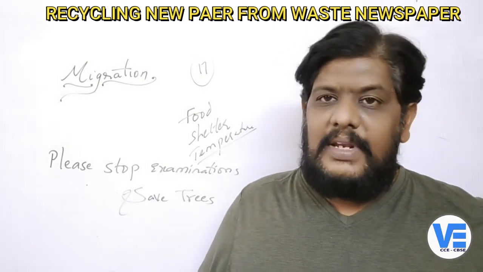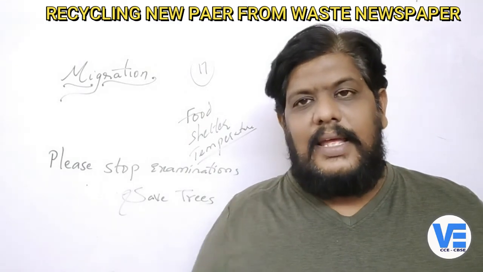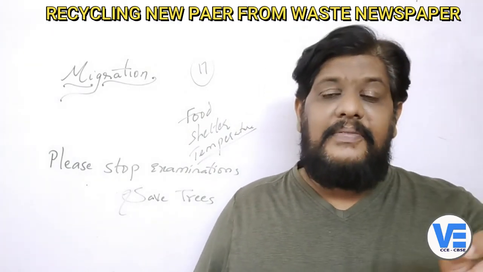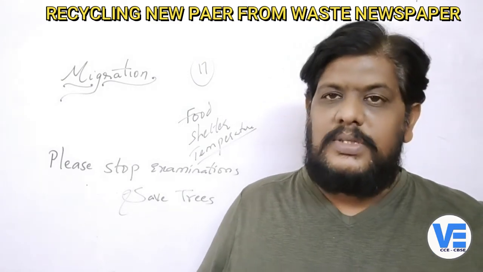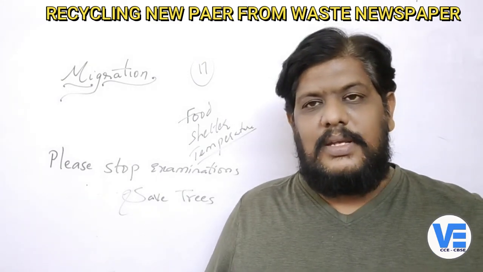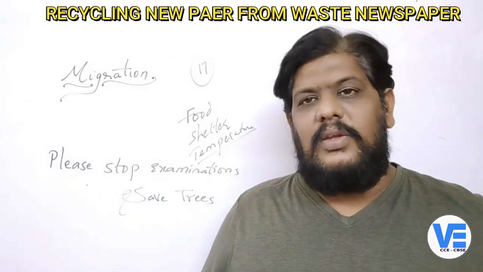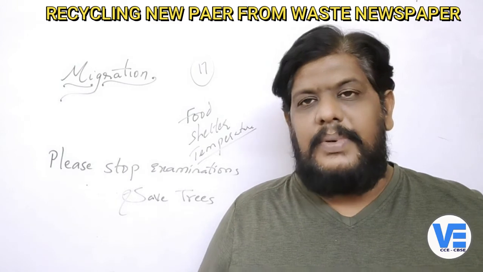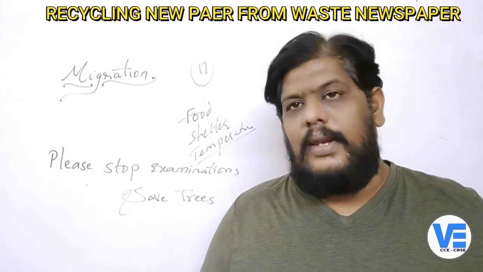So if you want that very immediately, you can use your hair dryer also. You can dry it and then that paper will be ready. It will not be the same paper which you have used, right? But it can be used as a chart paper. Right, now you can use it to make some models, some greeting cards and whatnot. So all these things you can make from this paper. So that is how this paper is really useful to everyone.